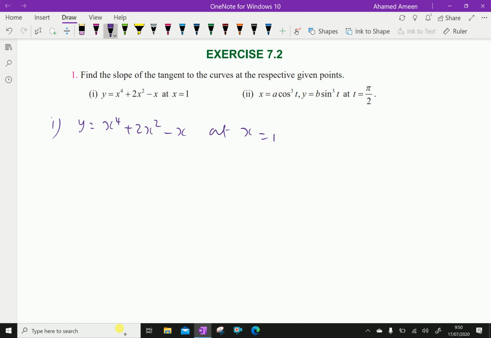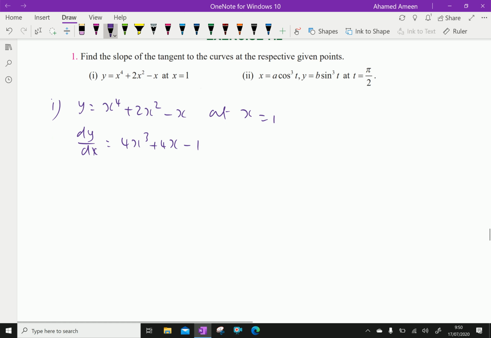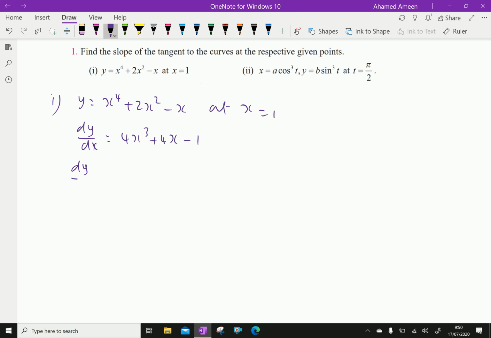Differentiate with respect to x, dy by dx equal 4x cube plus 4x minus 1. You have to find dy by dx at x equal to 1